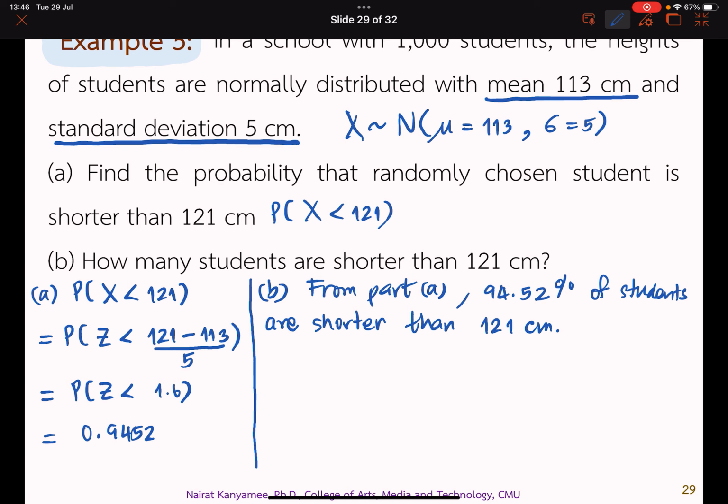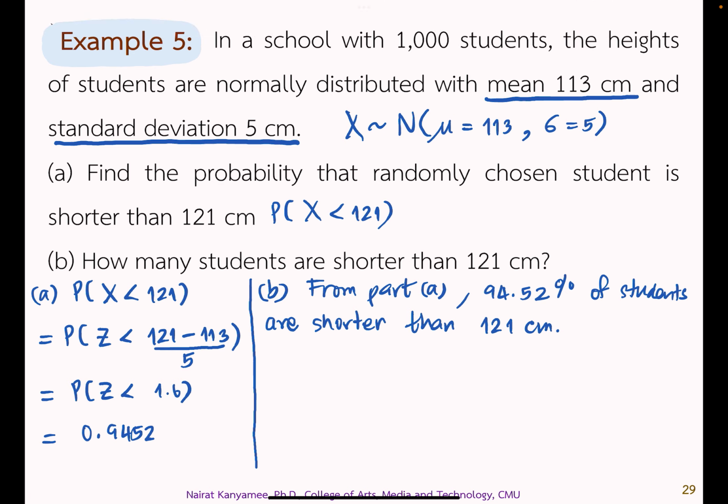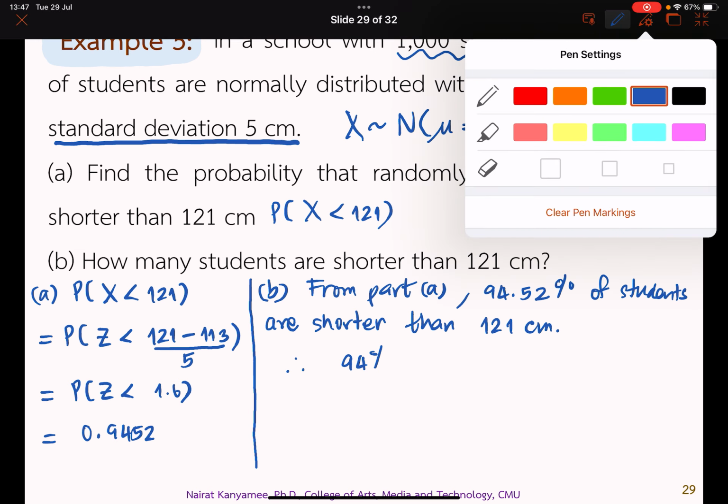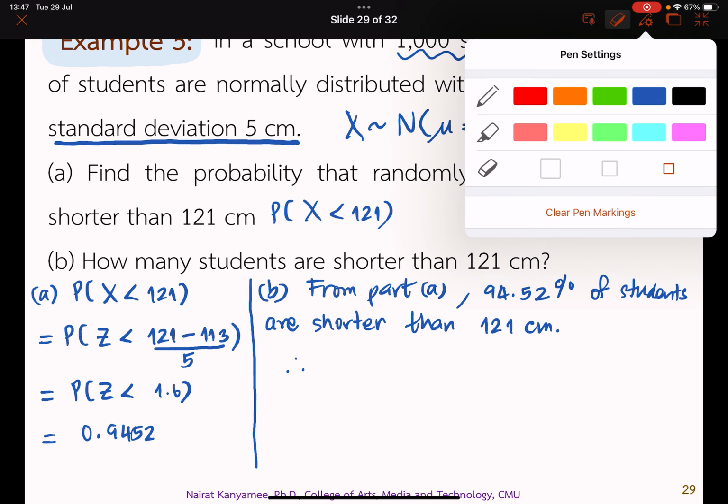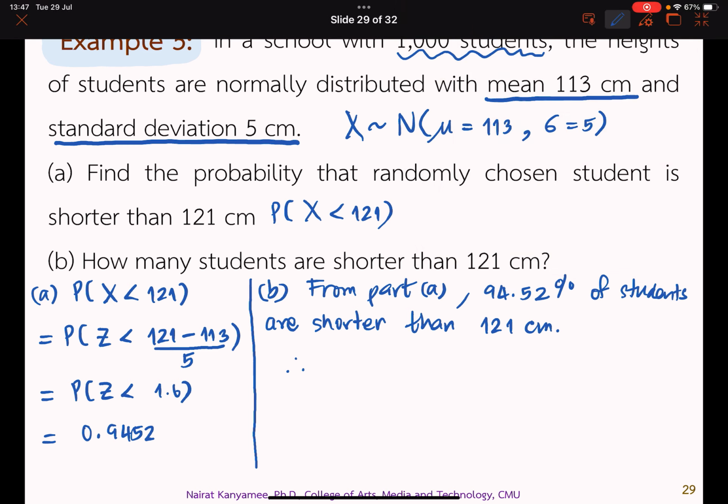Since the total number of students is 1,000, we take 94.52% of this, then we will get the number of students out. Therefore, 94.52% of 1,000 students